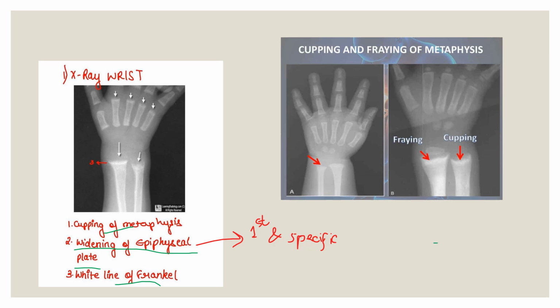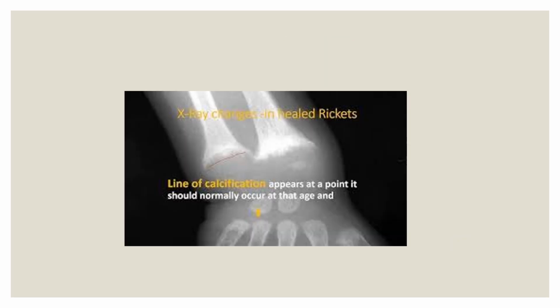Fraying means irregular, like this. Cupping means like this. So that is called fraying and cupping of the metaphysis. Widening of the epiphyseal plate is the first and specific sign. X-ray changes in healed rickets will be a line of calcification. Okay,